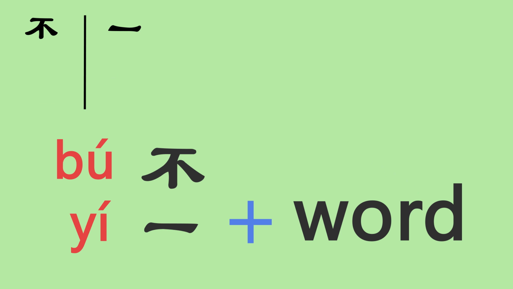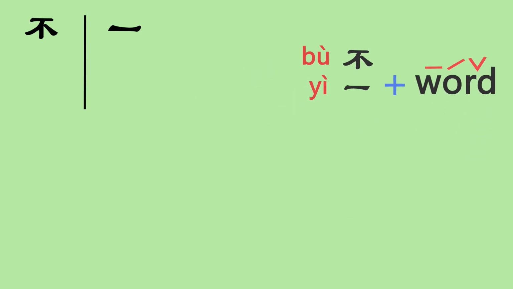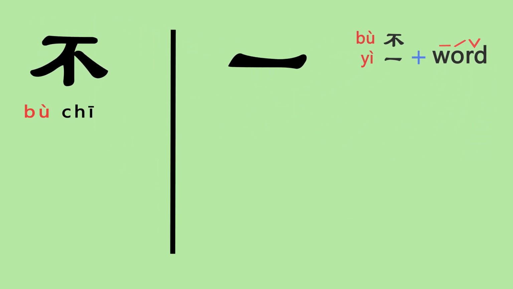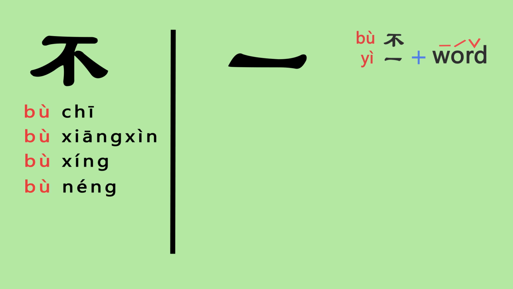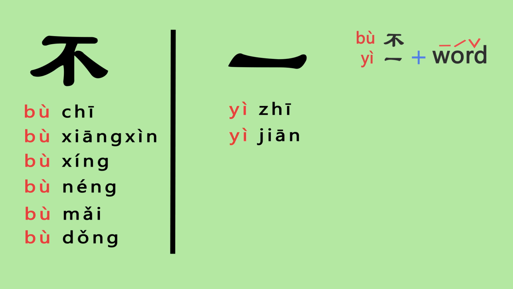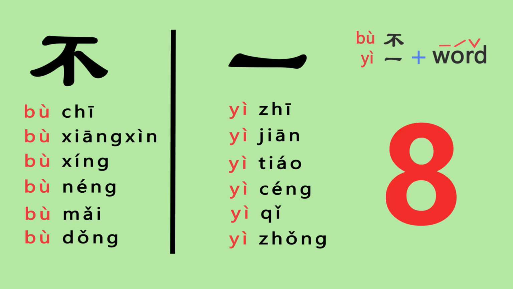On the other hand, when your second word is first, second or third tone 不 and 一 become fourth tone. Example, 不吃，不相信，不行，不能，不买，不懂，一只，一间，一条，一层，一起，一种。